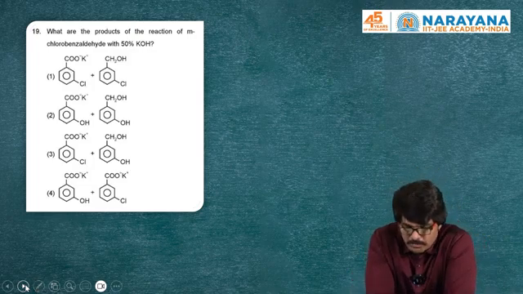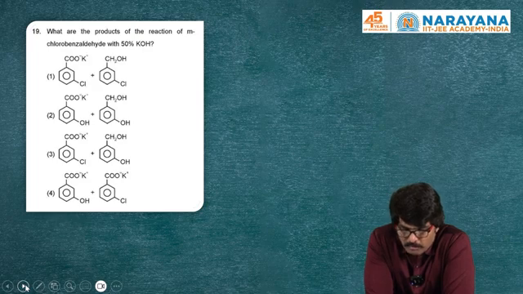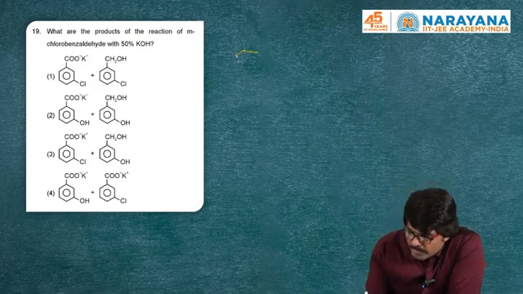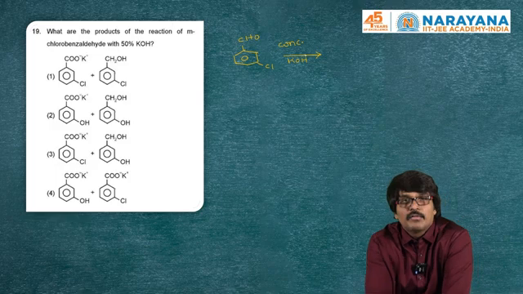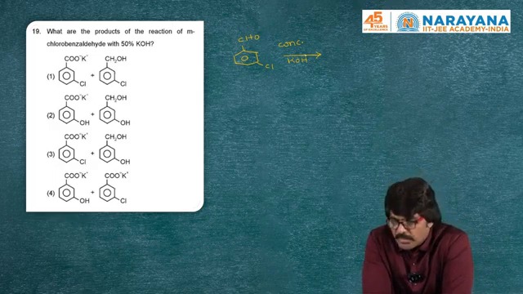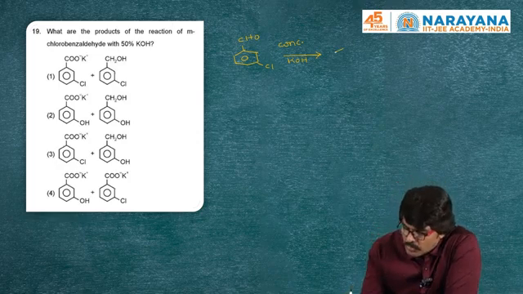Again, the question is from organic chemistry. What are the products of the reaction of metachlorobenzaldehyde? This is benzaldehyde, metachlorobenzaldehyde. This is treated with 50% KOH, that is concentrated KOH, and obviously this is an example of the Cannizzaro reaction. So in the Cannizzaro reaction, there is no alpha hydrogen and it undergoes the Cannizzaro reaction. This is a disproportionation reaction. One unit will undergo oxidation, another unit will undergo reduction. So here, this is a disproportionation reaction. This becomes carboxylic acid and another unit is becoming alcohol,